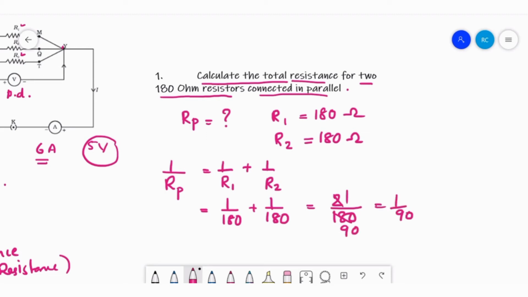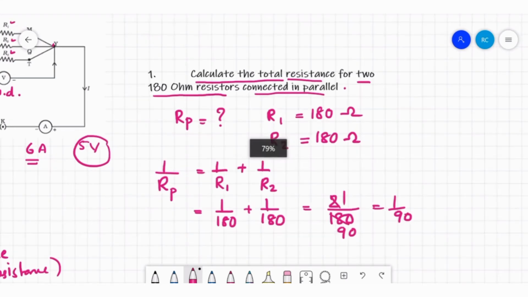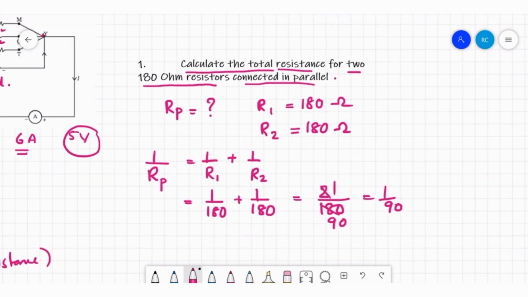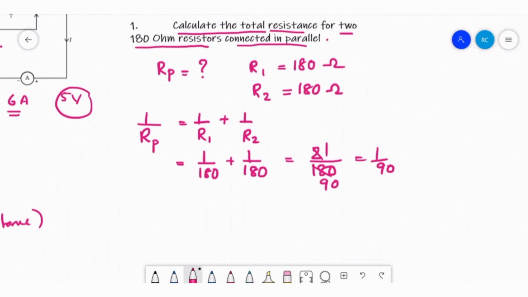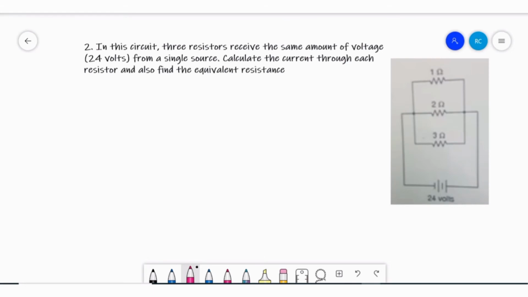So therefore we can conclude that 1 by Rp is equal to 1 by 90. So Rp, the total resistance in parallel connection, is equal to, we need to take the reverse value, which means it is 90 ohm. Now the second problem. In the circuit,